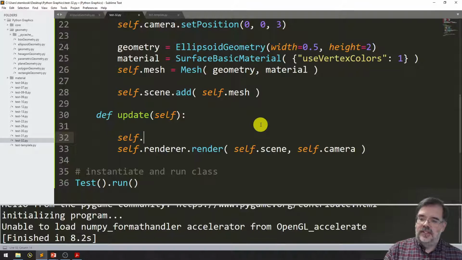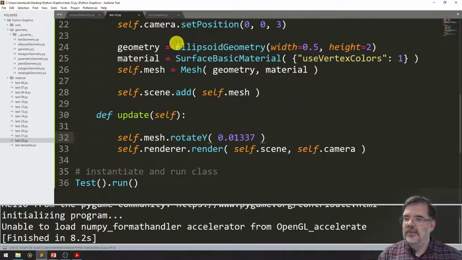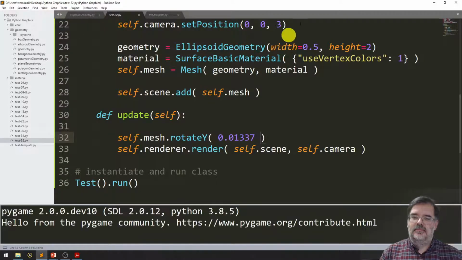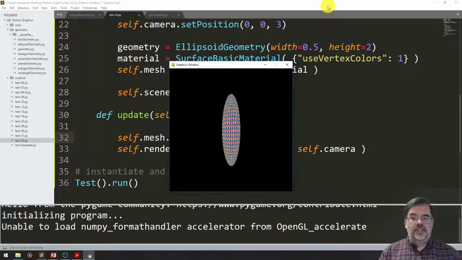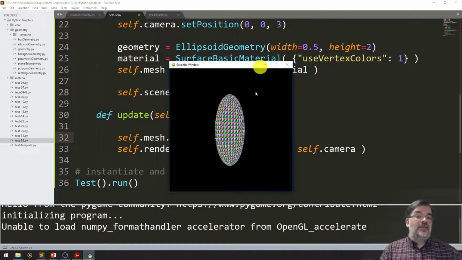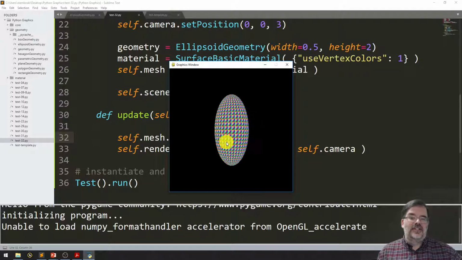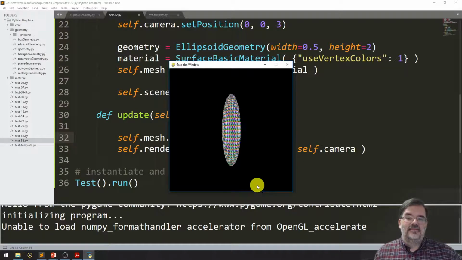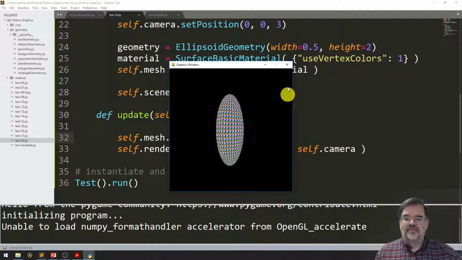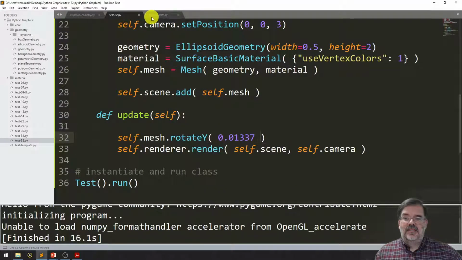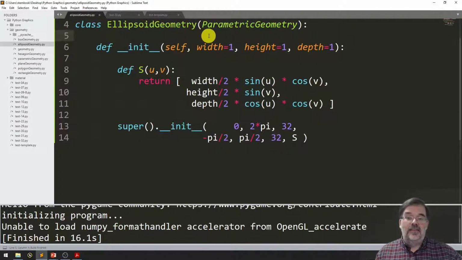In the update function, let's add self.mesh.rotate y by 0.01337, random number. Let's do a build. So now we should see a spinning ellipsoid. And so now you can really see that it's skinny in this direction and it's a little bit wider in the Z. Very nice. Okay, now let's go back to our original plan, and if we want to create a sphere, right,